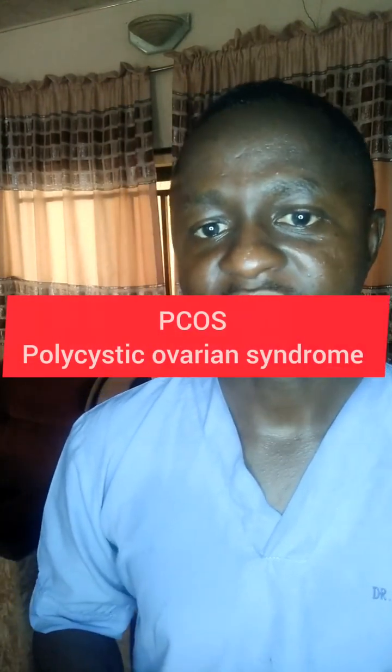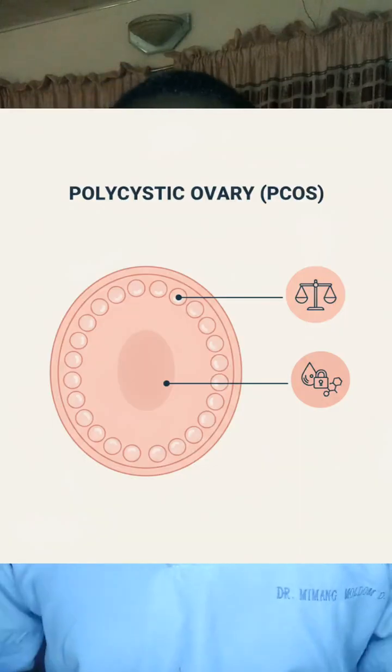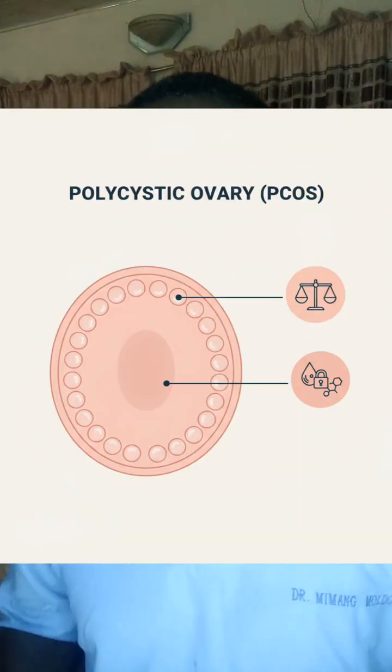Sorry, I forgot to mention polycystic ovarian syndrome. It itself is a kind of ovarian cyst, but it's a complex of other problems. Most women will have obesity, they will have androgenization. So when you're having that, you come for treatment. The treatment will be solely treatment for PCOS, not just the cyst.